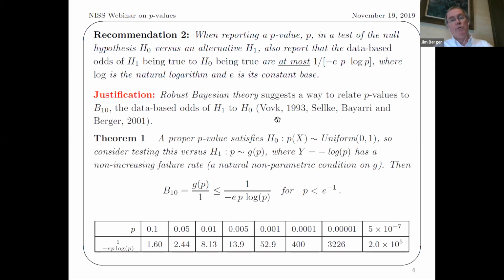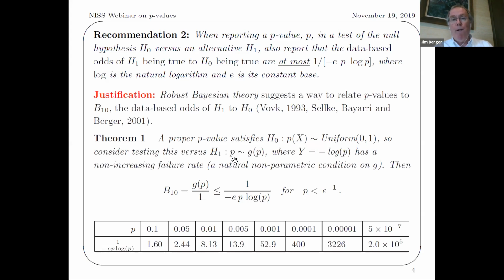A version of this was first done by Vladimir Vovk in 1993. The version I'm talking about was in a paper that we had, I think it was in the American Statistician again in 2001. And it's based on the following theorem. If you have a proper p-value, by definition, you can show that under the null hypothesis, it has a uniform distribution. So we just considered testing that null